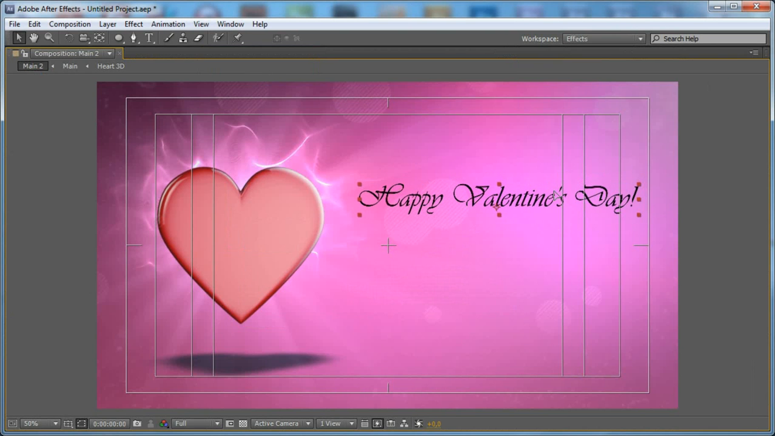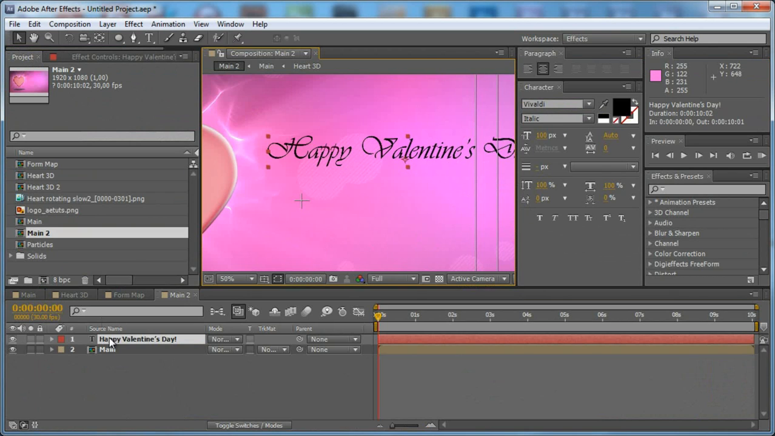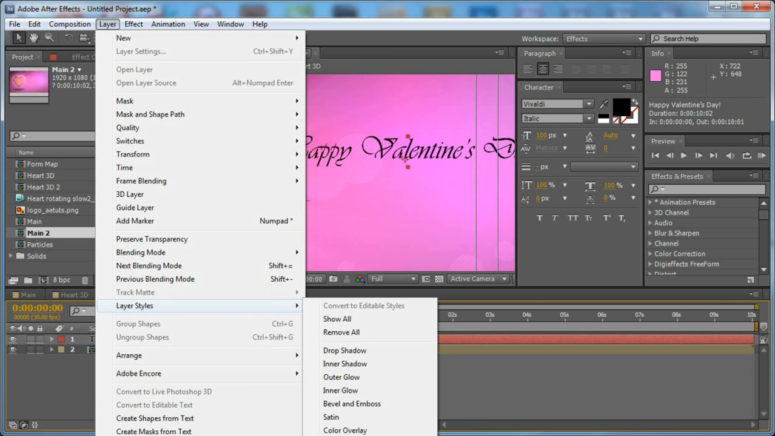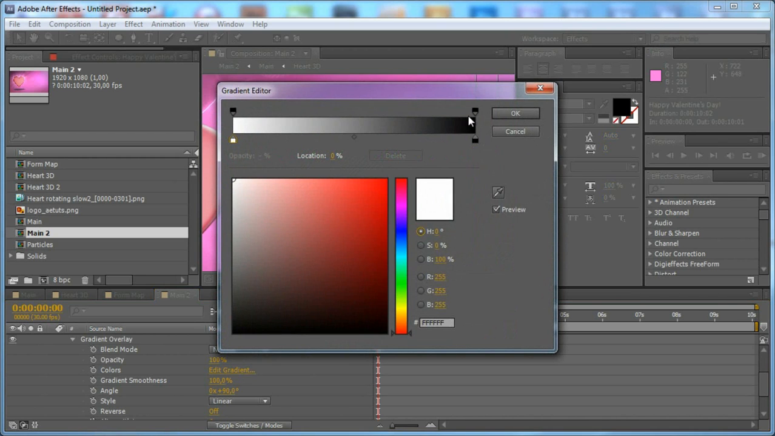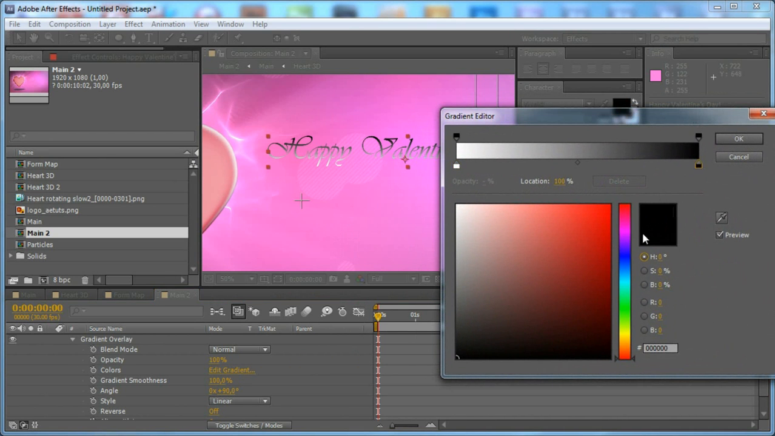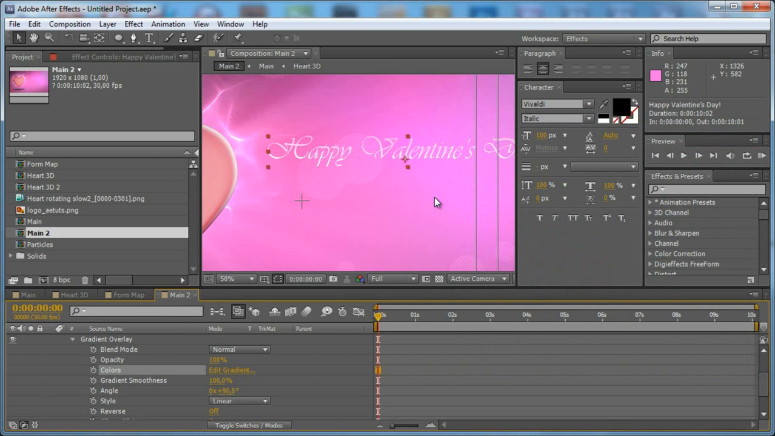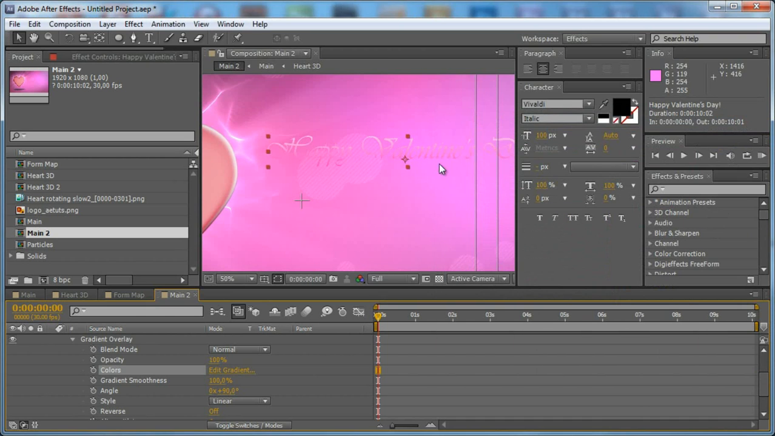And just position it right here, and come to the layer styles and apply a gradient overlay. And let's see, for the top we want a bright pinkish color, and for the bottom we want a darker pink color, and it starts to